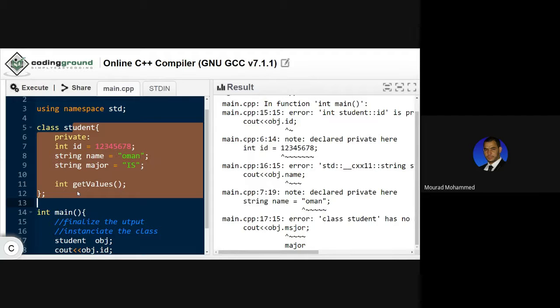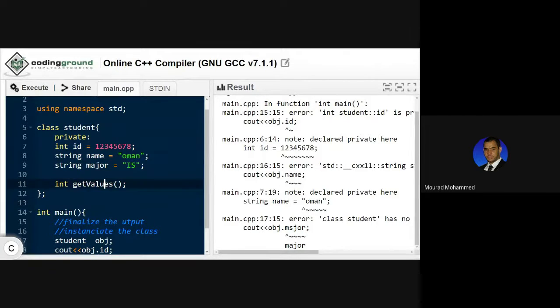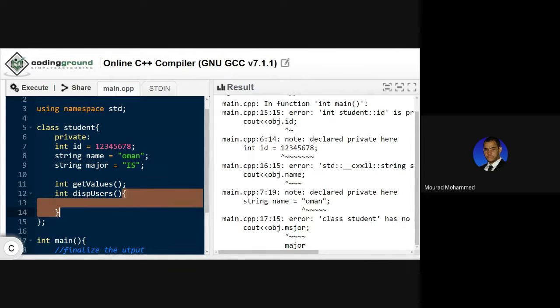Means I can write the same way here, or I can define a function inline. So here in int, I'm going to say disp users, not a semicolon. I will have a curly brace here, a scope. So this is the scope of the function inside the main. So in this scope here, I'm going to say, for example, cout less than